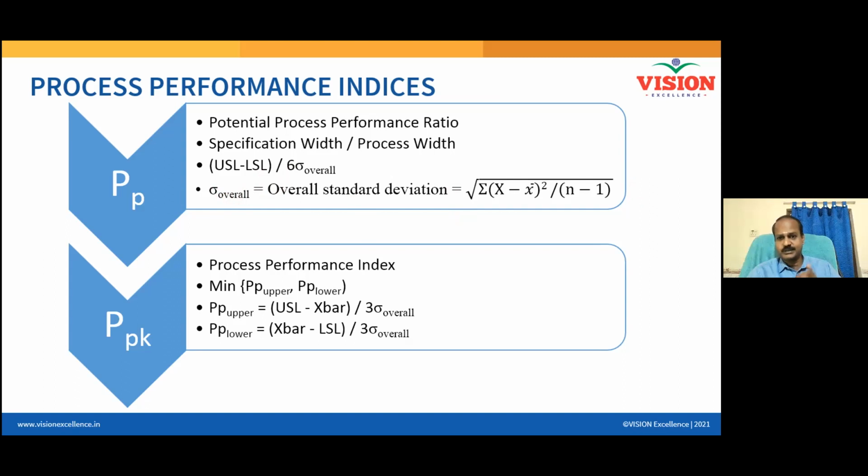With 3 sources of variation: within batch variation, between batch variation, and then overall variation. Right? How are the black belts performing in this particular batch, the 10th batch of black belts? All your marks are available with me. Are all of you going to score the same mark? No. So this variation is called within batch variation. I should control this. I must see to it that everybody scores and everybody passes.